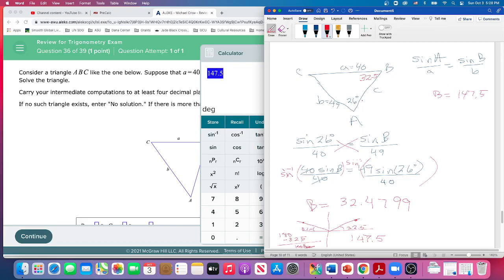But if you take 147.5, you add 26, there's still just a little bit left. We could make a third angle, so that's a potential. And what that would do is sweep this side, with a smaller angle, it makes C much smaller. So we'll see. That's where we come up with the potential for the second angle. And then C will be a different value, and little c will be a different value. And actually, little b will be a different value. We'd have to reevaluate that.